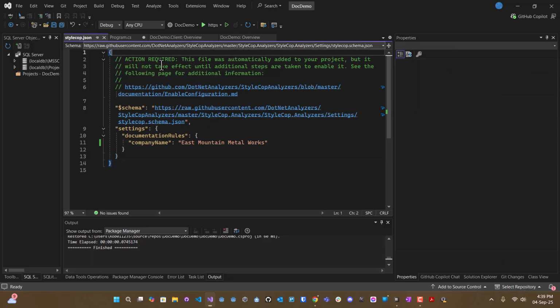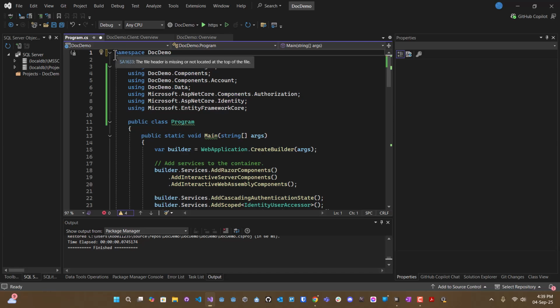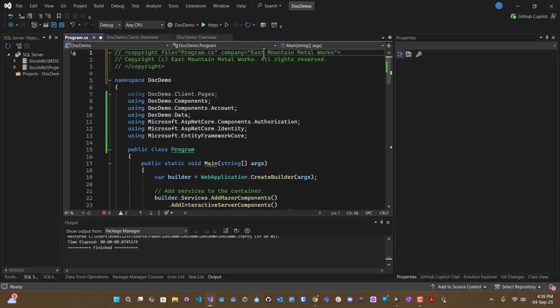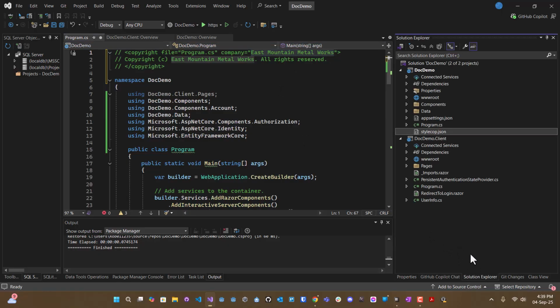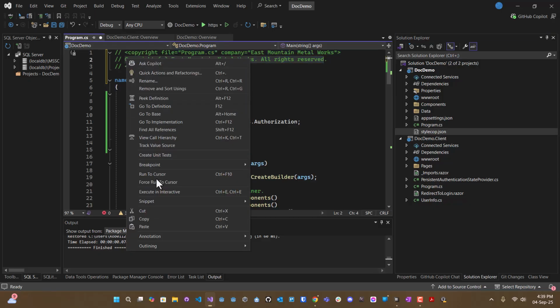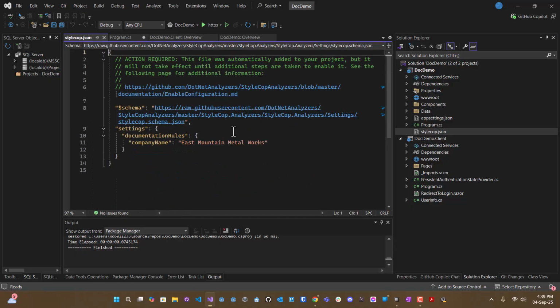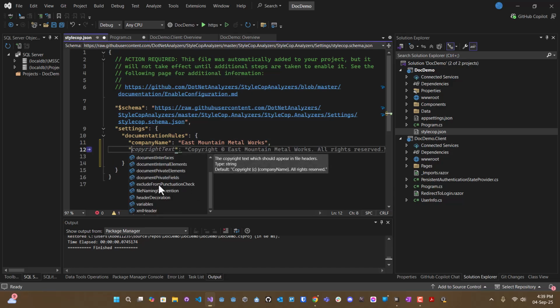And then I can close out my style cop. And now when I add a file header, you can see that it is using the name I provided in my configuration file. You can also do other things. Let's say I want to put the year here on the copyright. I can go in here and it gives me some options to change different aspects of what I'm putting in here. So I can change copyright text